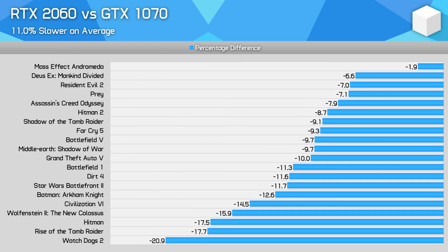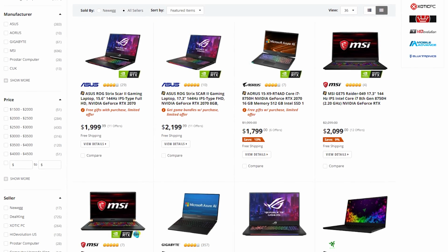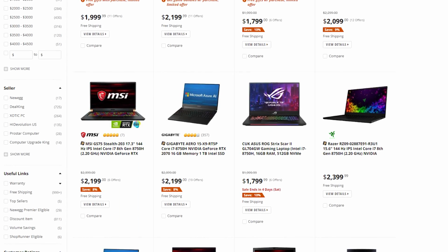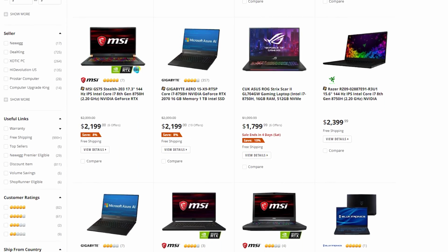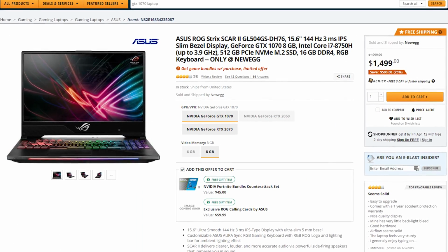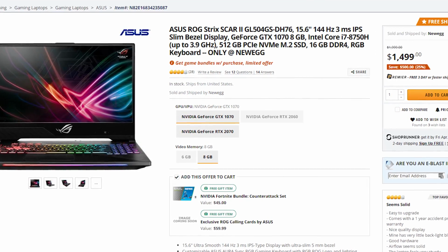However, the GTX 1070 is actually faster, sometimes upwards of 10% faster, so it's really not worth buying an RTX 2060 laptop. The RTX 2070 for laptops does pull around 15% ahead of the GTX 1070, but typically costs between 20 and 30% more, so again, it doesn't have that bang for buck factor. With all this considered, right now the GTX 1070 offers the best value for upper mid-range laptop gamers,